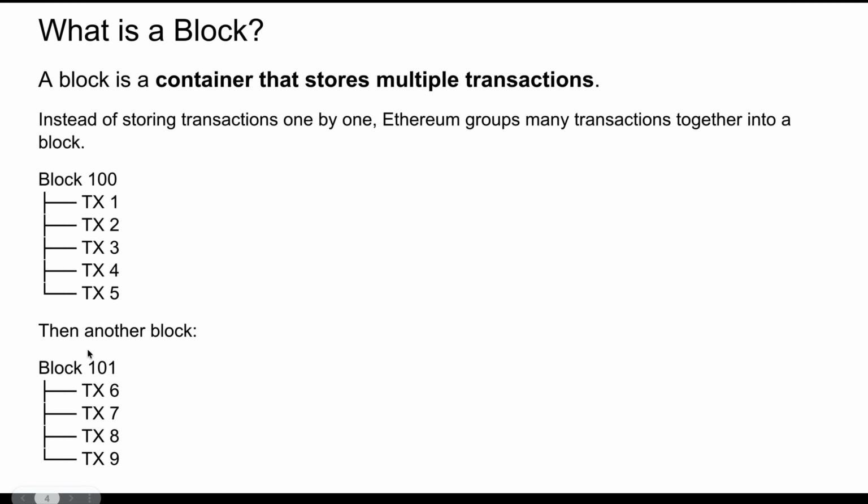And then when that is done, we have another block coming in with different transactions that keeps coming in, right? So instead of storing the transactions one by one in the blockchain, these transactions are grouped. Many transactions are grouped together into a block, which gives us the concept of a blockchain. Like I said, these transactions cannot be changed. Once it has been sent and it has been verified or confirmed by the people, by the number of confirmations that is needed, maybe 6 confirmations, it cannot be changed, and that's it,